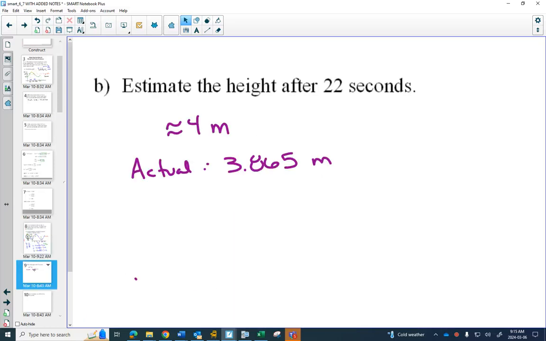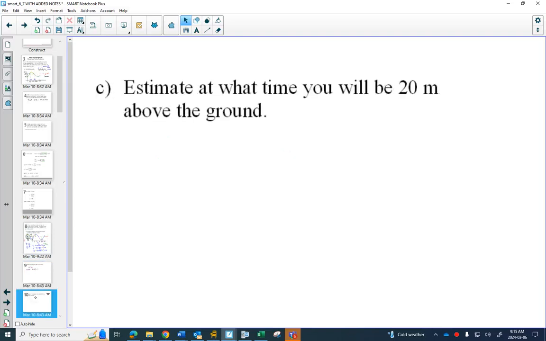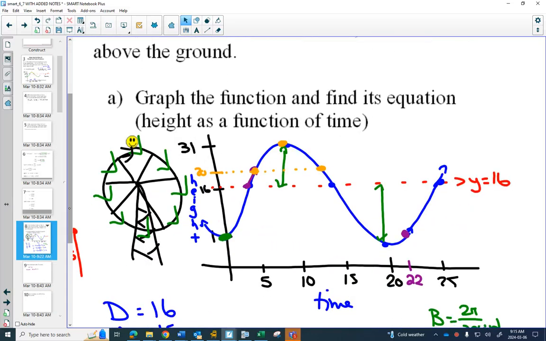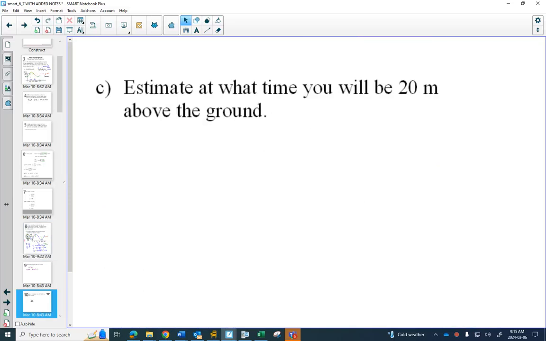No, this one we're just going to use our calculator for now. Same thing with this one. Estimate what time you'll be at 20. So for an estimate, looks like maybe 6 seconds and 14 seconds. So here's our estimate. Six seconds